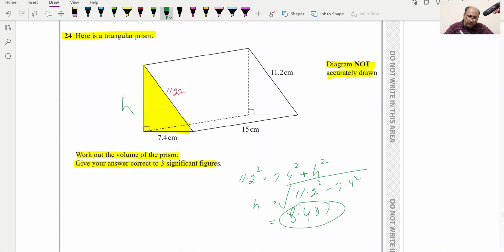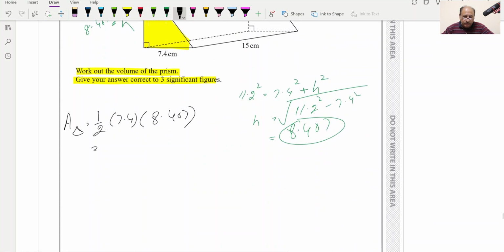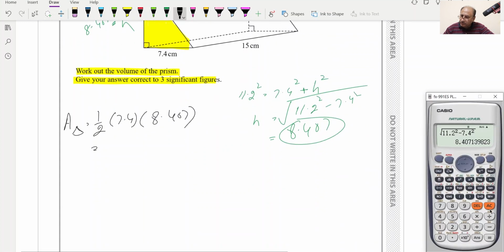Now this one we found h value, which is 8.407, and we can find area of triangle. Area of triangle will be equal to half into 7.4 into 8.407, base into height, and this will be equal to what? This number will be multiplied by 7.4 and then divided by 2. Our answer will be